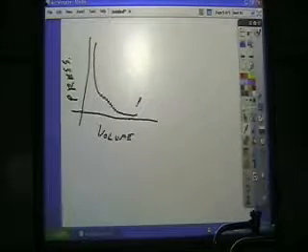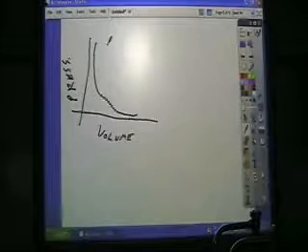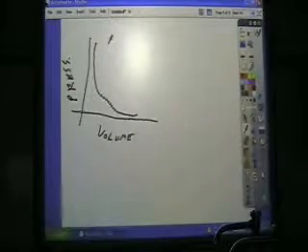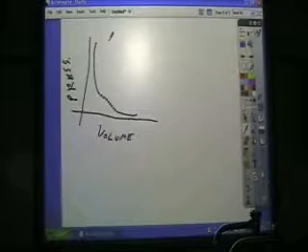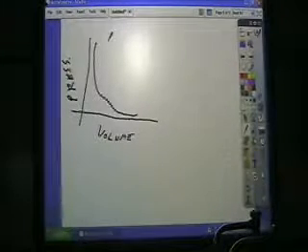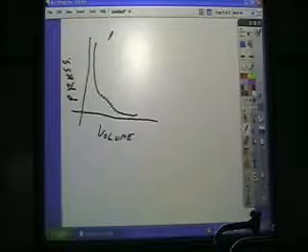Okay. Now, the general shape of this, I apologize, it should be a much smoother curve, but the general shape of this reaction is going to roughly look like a